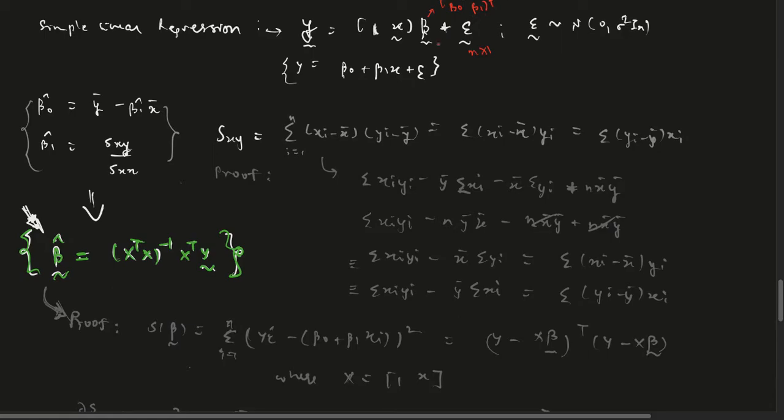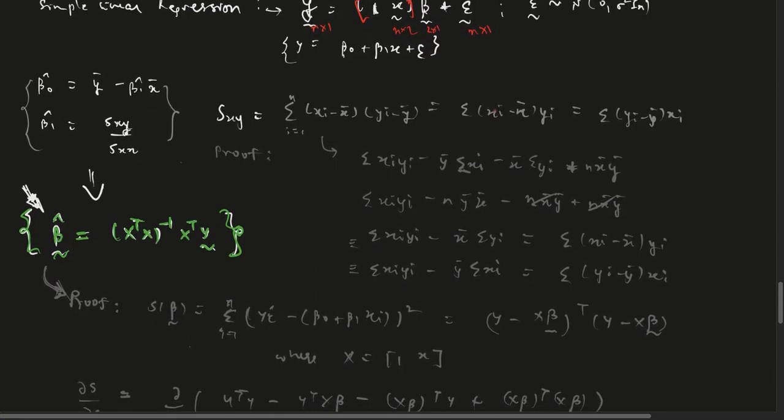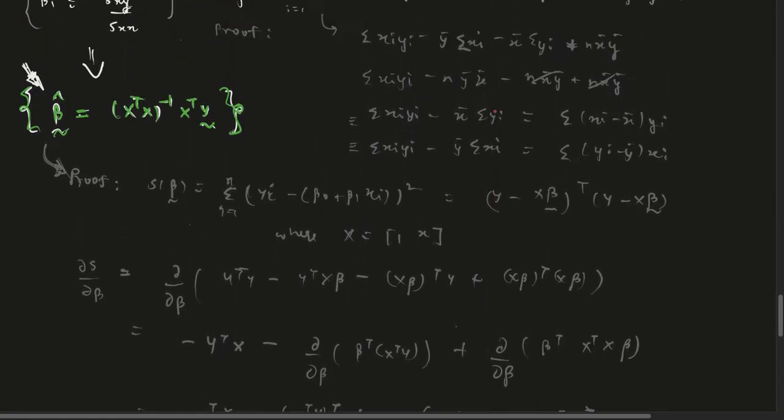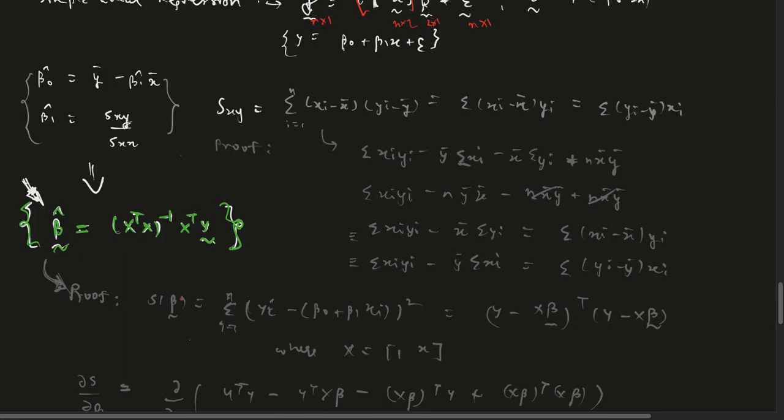So if you match dimensions, this matrix is n cross 2, this is 2 cross 1, so this multiplication is n cross 1, plus n cross 1, and y is also an n cross 1 dimensional vector. So the dimensions of the multiplications do make sense. This was just a sanity check, and then to perform the computation we'll need to define the error,